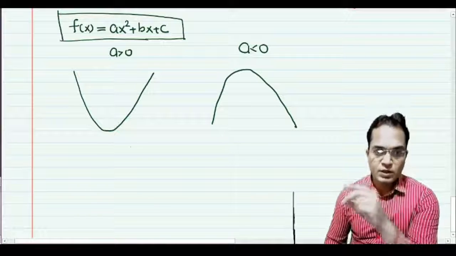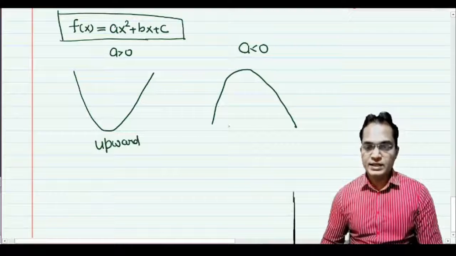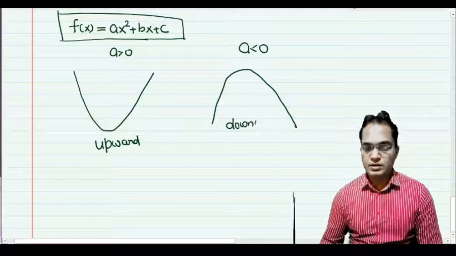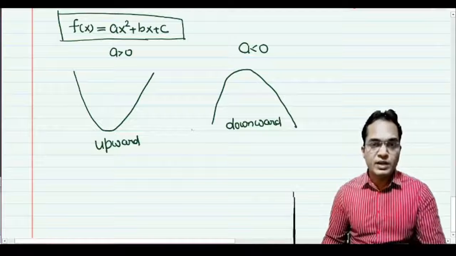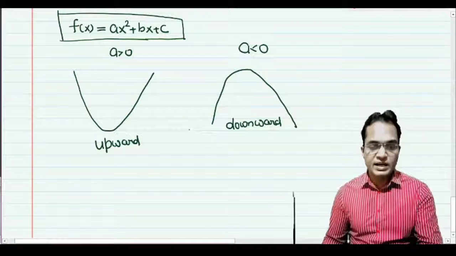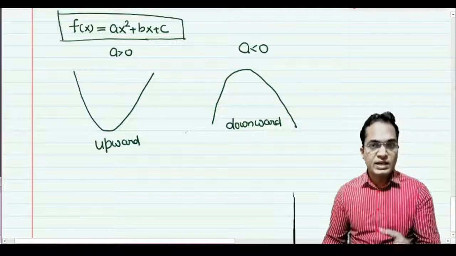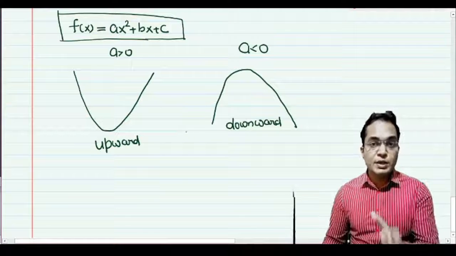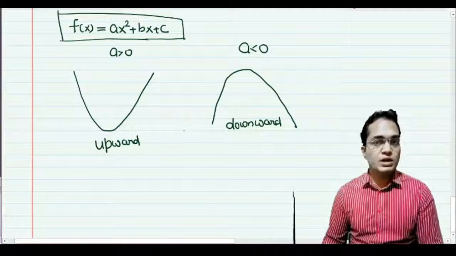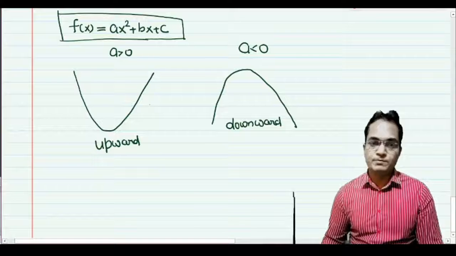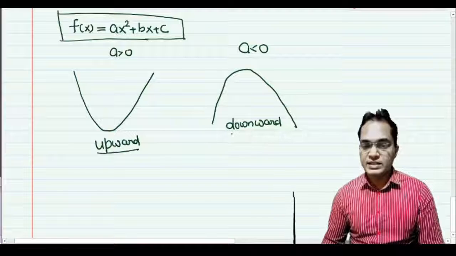There are two types of parabola. First is called the upward parabola, and second is called the downward parabola. If somebody asks how this parabola geometry comes, then we have studied that we put in different values of x and obtain different values of y, and those values on the coordinate axes produce a geometry. The name of the geometry is the parabola. That's why it is called the parabola. And there are two types of parabola: upward and downward.